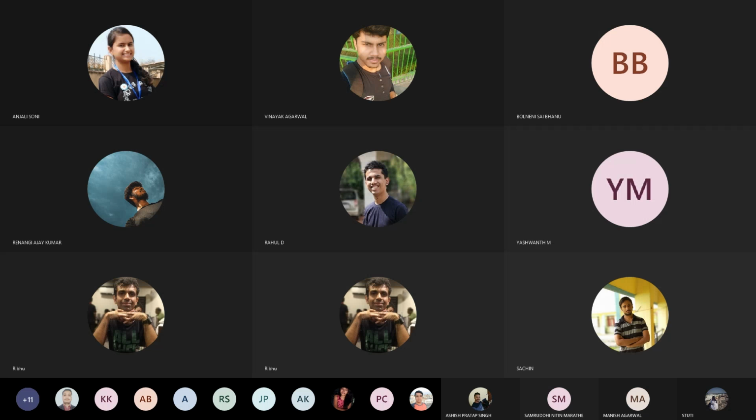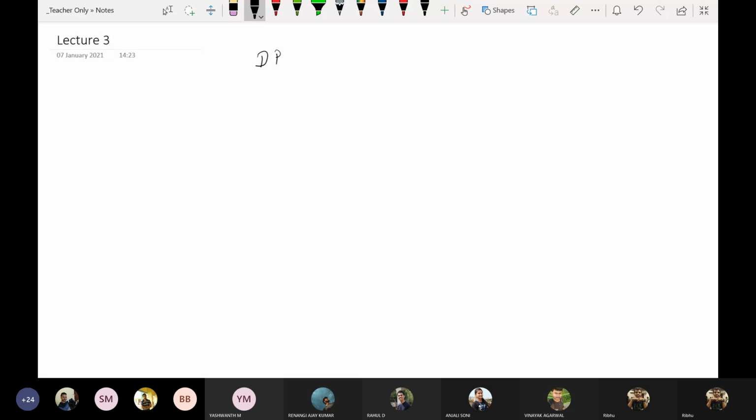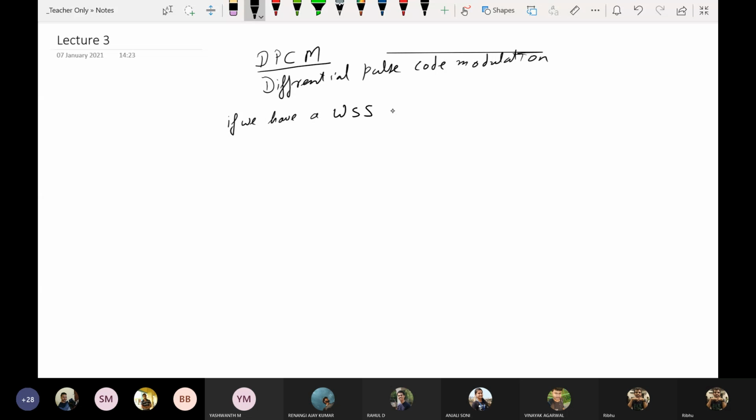We talked about DPCM, differential pulse code modulation. We said that if we have a wide sense stationary, highly correlated x of n, then x of n can be written as